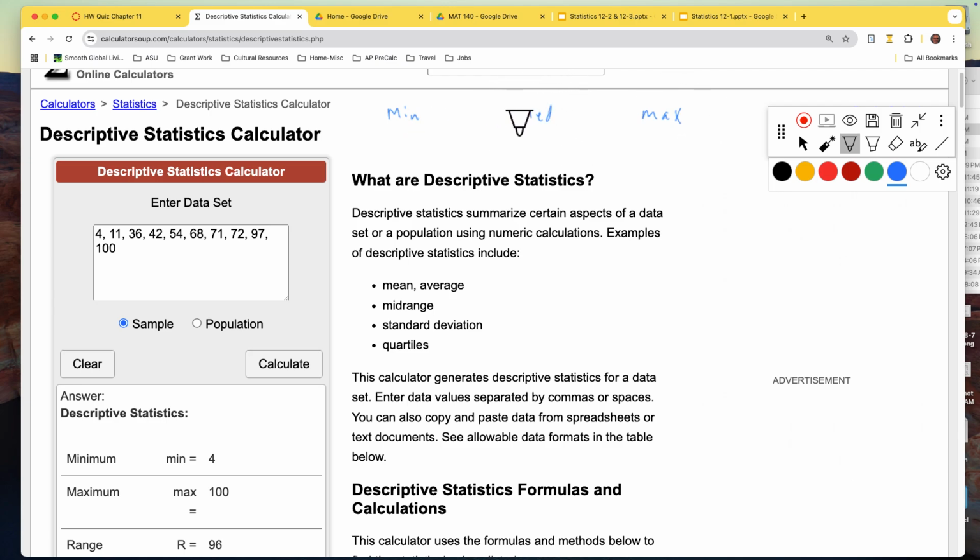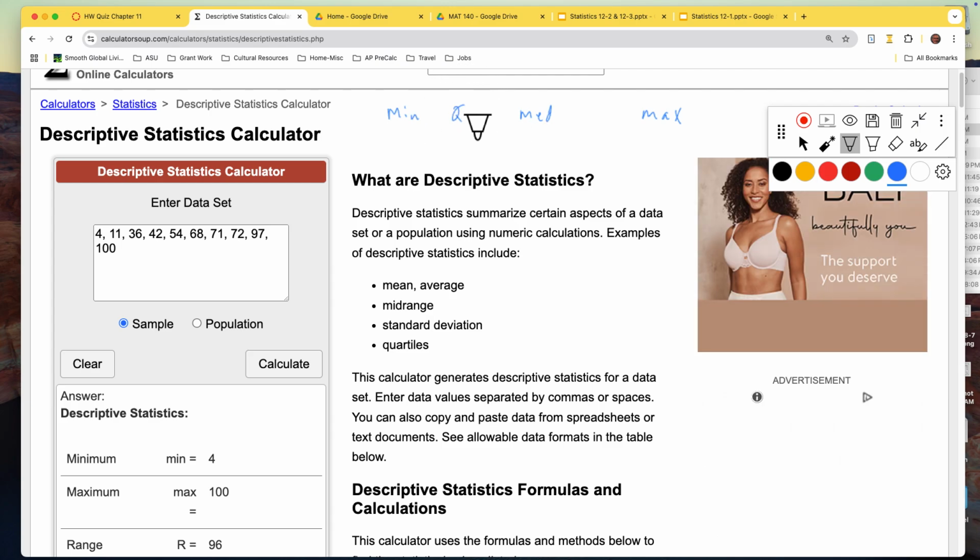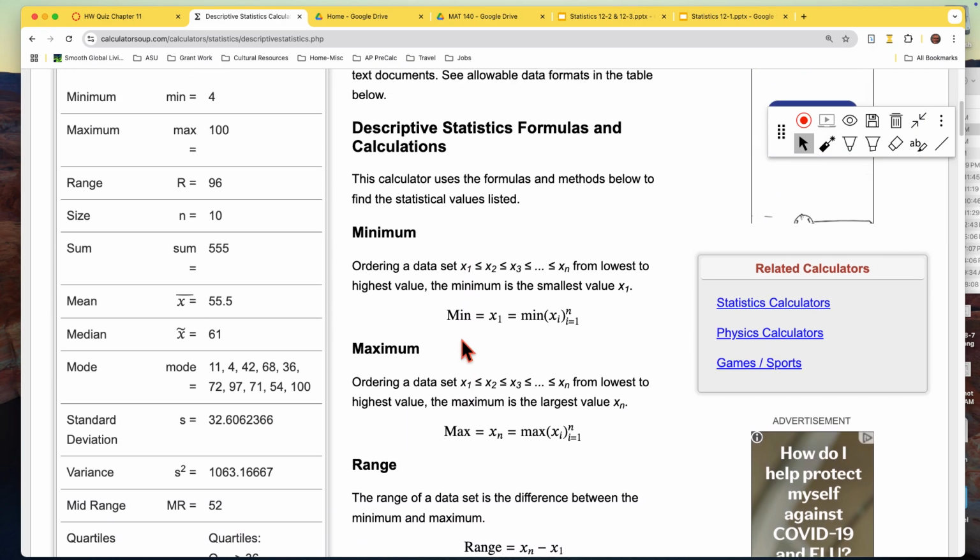So notice how that gives us the low, the high, and the middle. And then we want what's called a first quartile, Q1, which is halfway between the minimum and the median. And we want the third quartile. And so those numbers that we're going to get are,